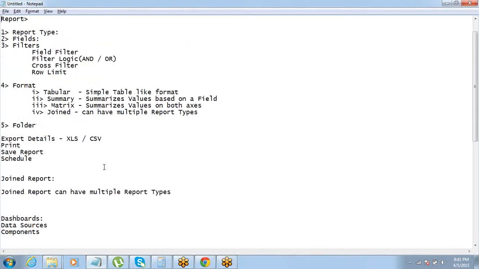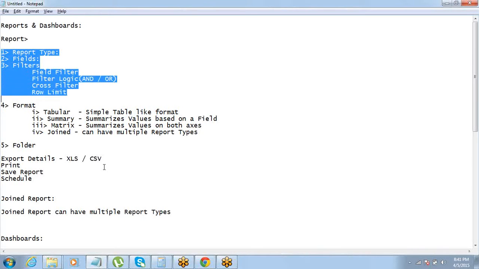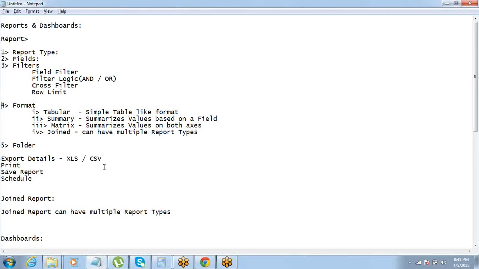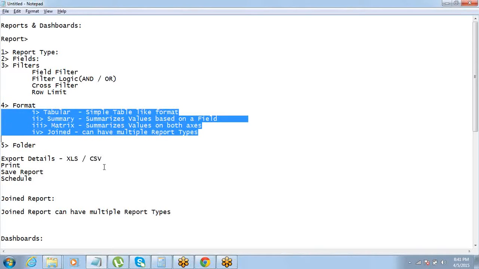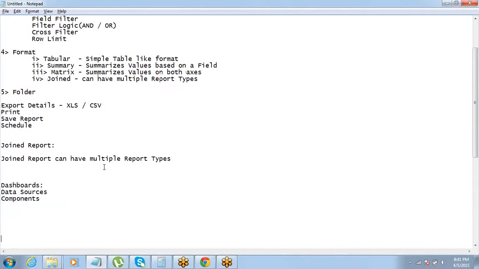You just have to understand the steps of creating a report. You select the report type and then you select the fields and filters, the formats, and what all we can do with the report once it's created. We have seen how to create a joint report, and how to create a dashboard.